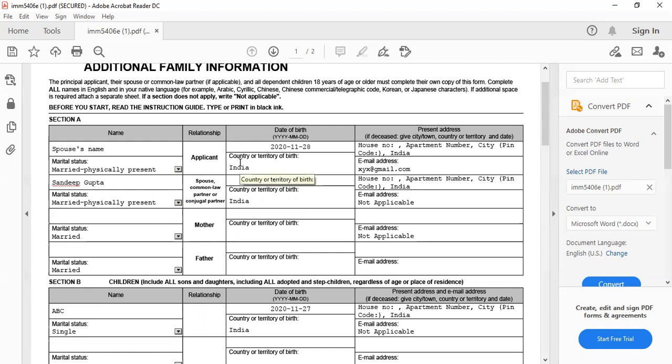The last most important thing is that you need to complete all names in English and your native language. So we have filled the form in English, but how can we fill the form in our native language? You need to simply remove the names information from this form.